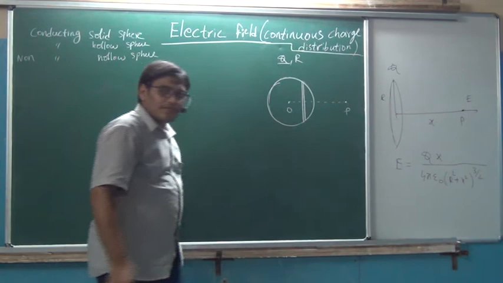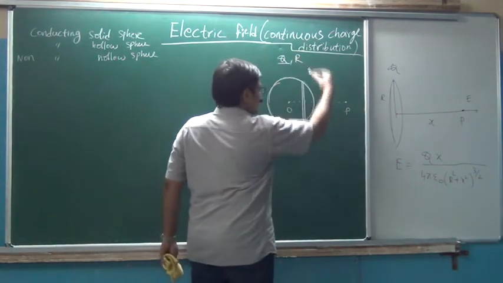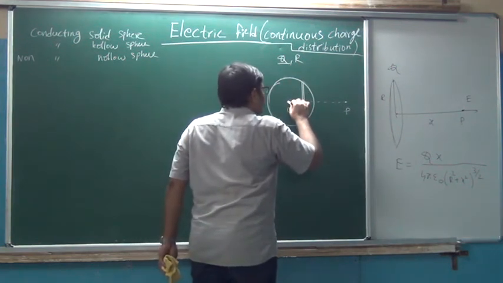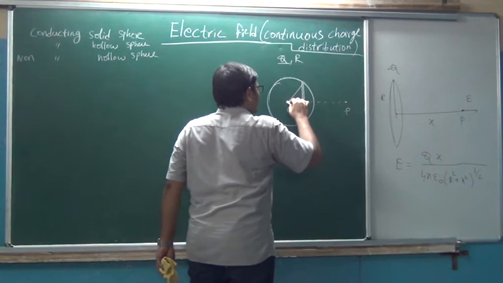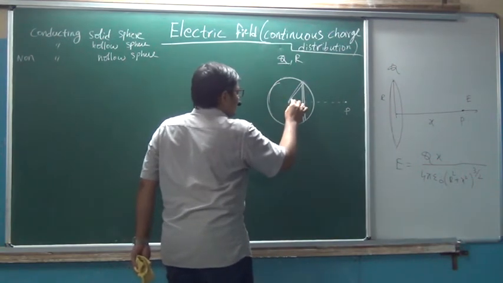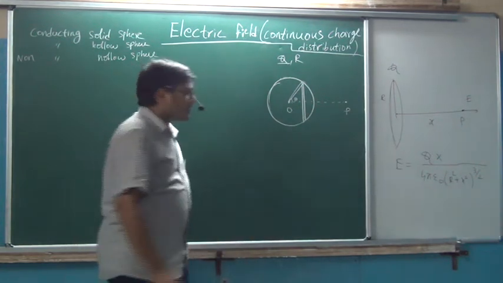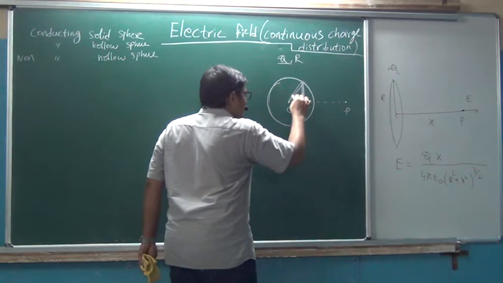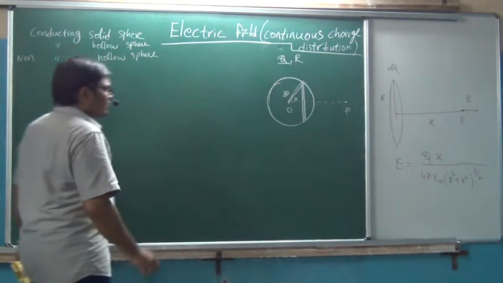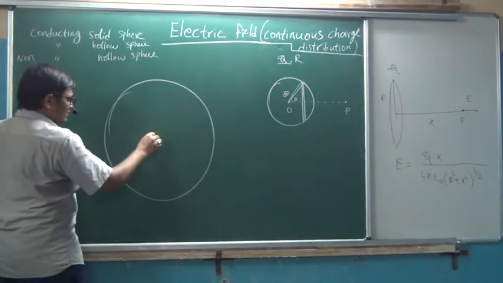On its surface, what will be there? Charge will be there. Obviously, it is the surface. On it, charge will be there. Now this element, from this line, its angular position is theta, and this is what now? D theta. This is d theta. Just I will give a magnified view of that for your convenience.